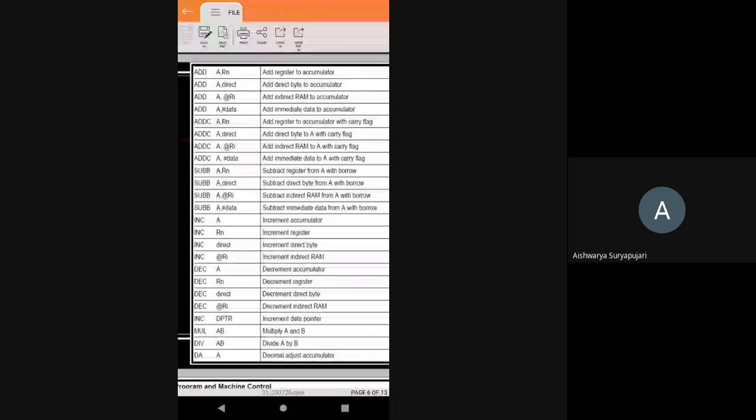That also we have discussed in earlier sessions. Hash means direct data. Add immediate data to the accumulator. Means what? Adds the data given by the program with the value stored in accumulator and stores the result in accumulator. For example, hash